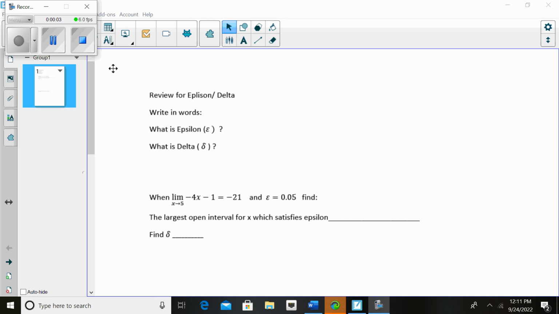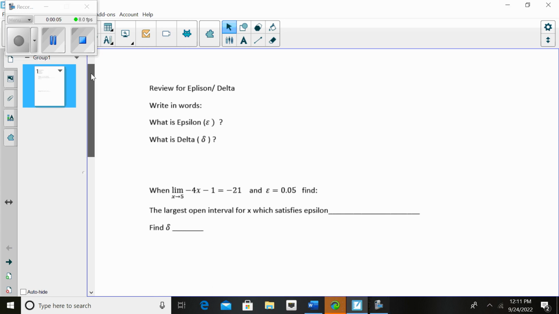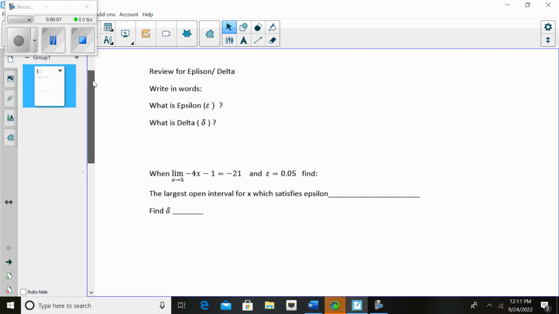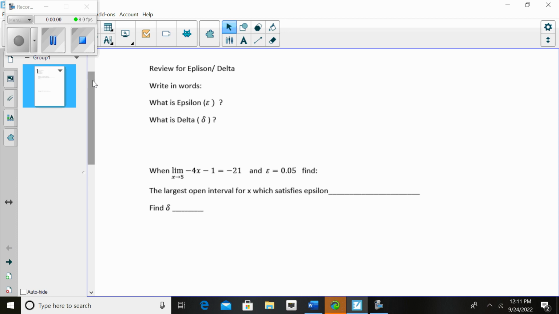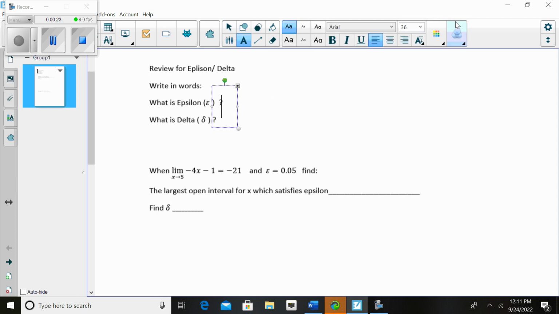So most of you found that epsilon-delta problems weren't so bad, but you should be aware that the first question that's fair game is for me to ask you to describe in words what is epsilon, what is delta. Okay, so try to pause the video, write those out, try not to look at your notes. Okay, so if you're back, epsilon is the distance from the functional value